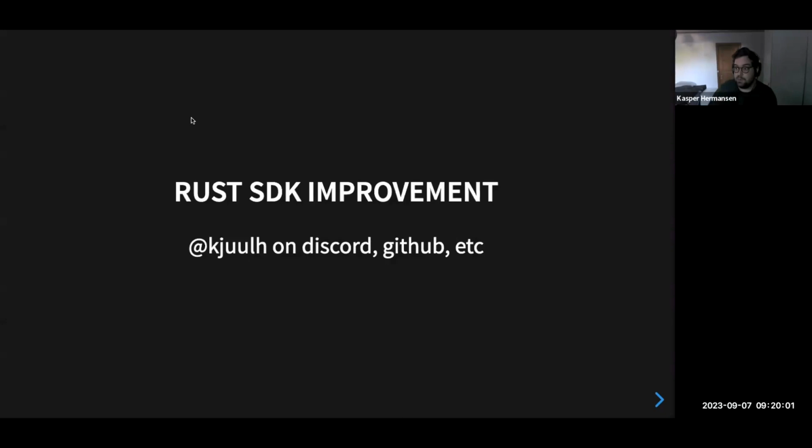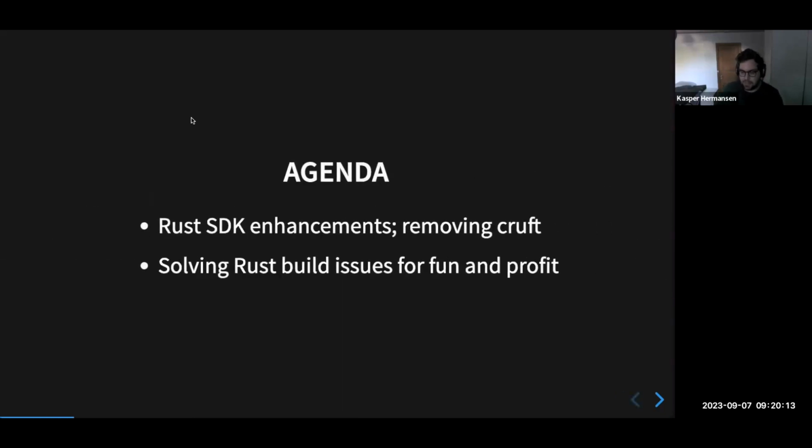Yeah, so my name is Kasper, and I'm gonna share some improvements I've done to the Rust SDK, but also a little bit of a test scenario, or what you want to call it, seeing an actual real world use case of it. So let's begin. First of all, the Rust SDK enhancements, and second, I'll show how I solved